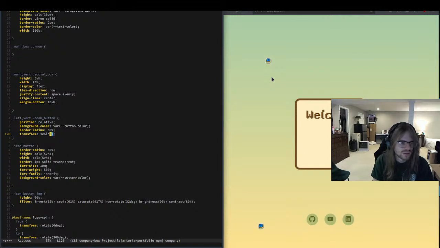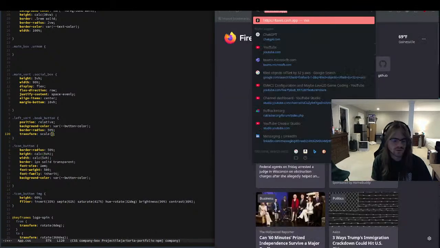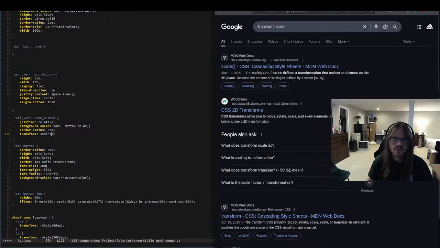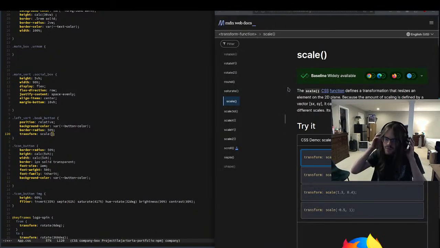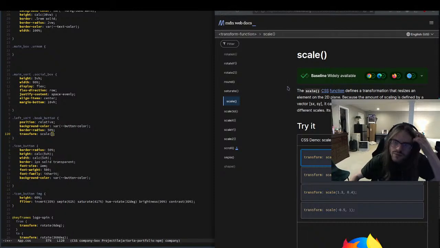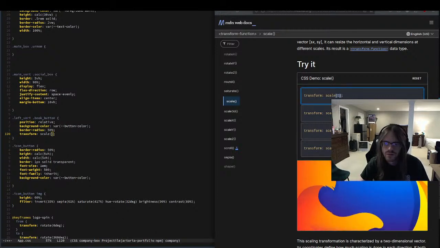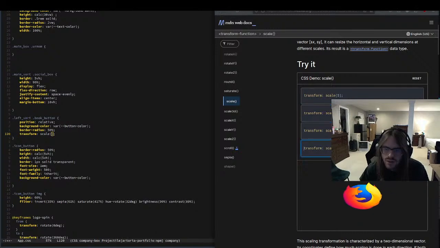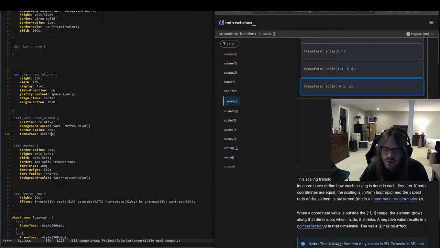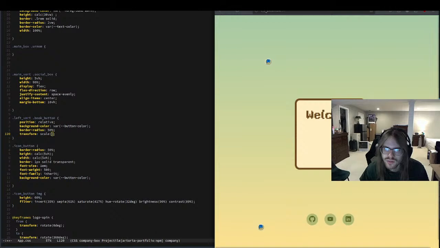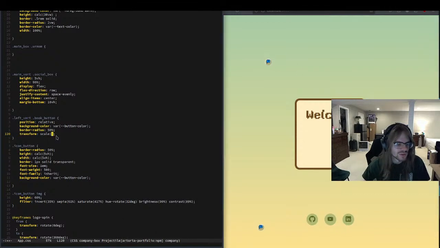Scale X. Let's see, transform scale. The scale defines a transformation that resizes an element on a 2D plane. So, okay. If I just do 2,